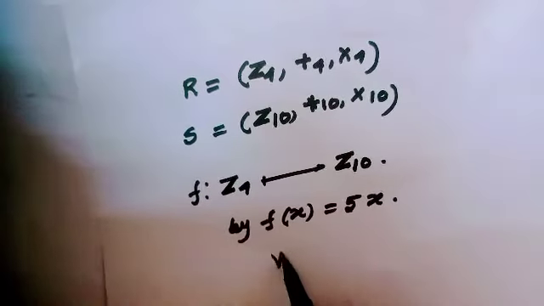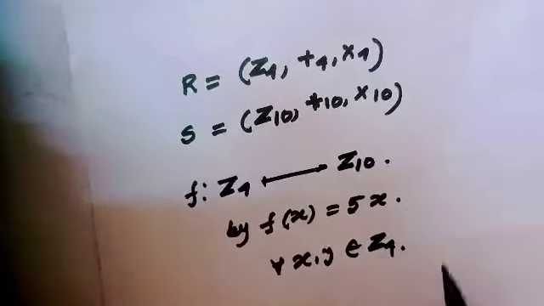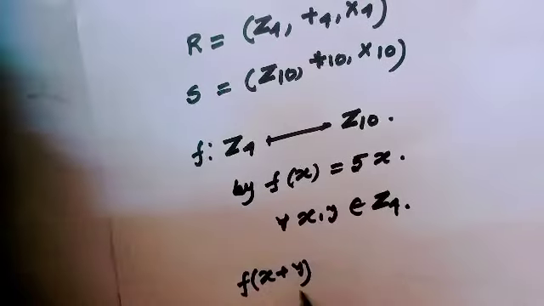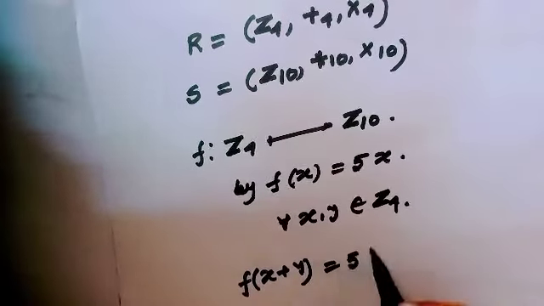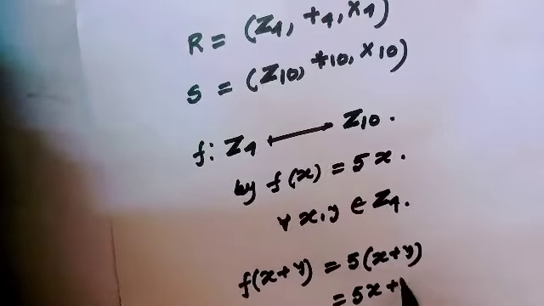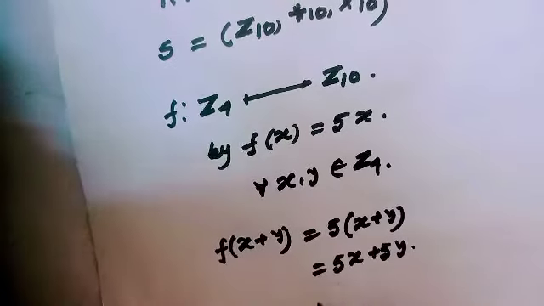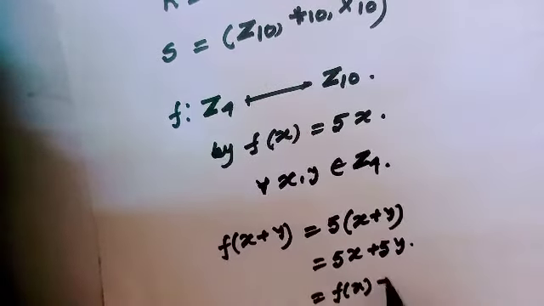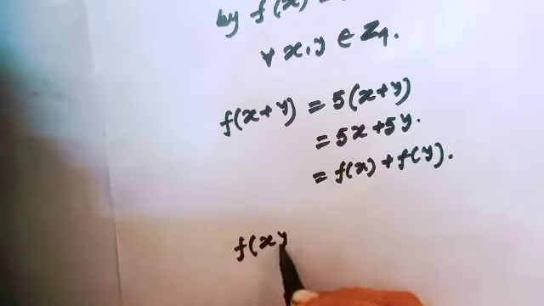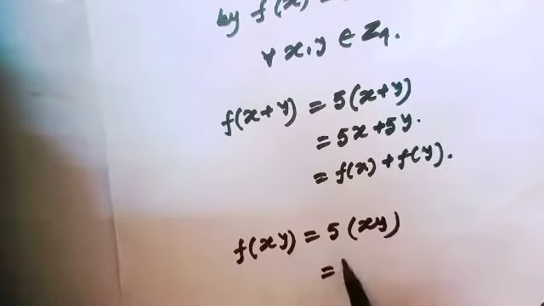Here, for all x, y belonging to Z4, f of x plus y is equal to 5 times x plus y, that implies 5x plus 5y, and this is equal to f of x plus f of y. And f of x times y equal to 5 times xy, which is equal to 5xy,